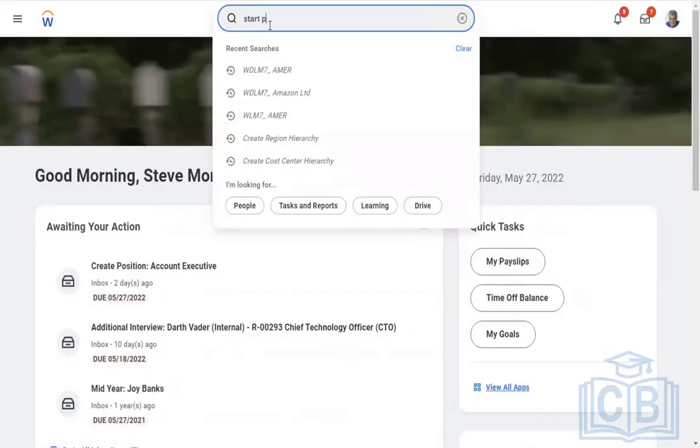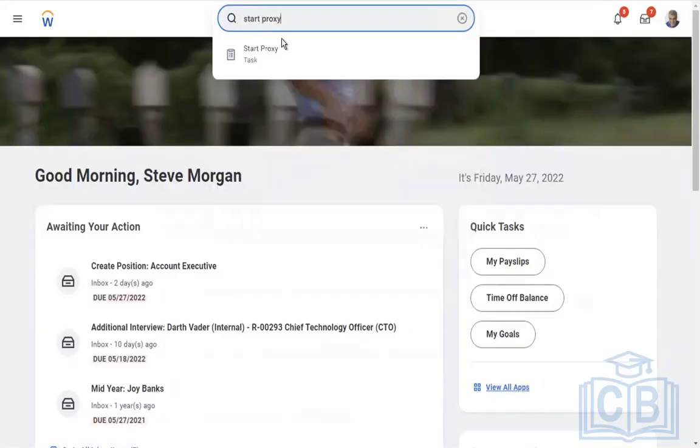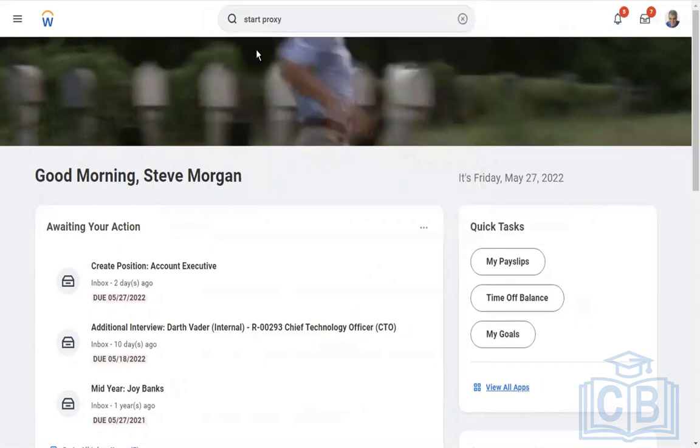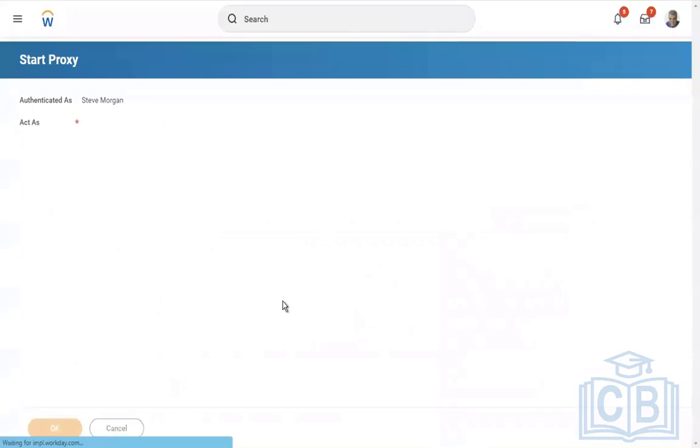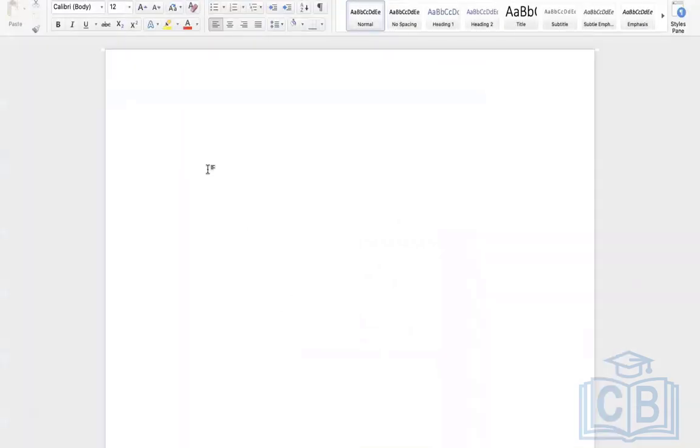Today, let's create a custom role-based security group. Start proxy. Logan, you guys, if possible, please give the navigation a try. I will give the requirement. The requirement is,